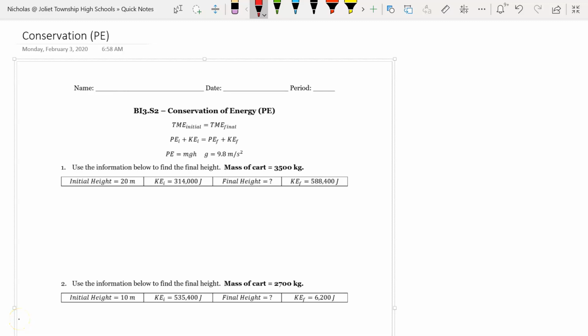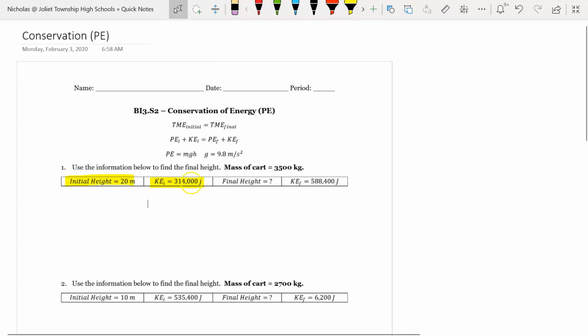All right, today we're going to look at 3 conservation of energy problems. In these 3 problems, we're going to focus specifically on potential energy, and we're going to be finding the height. For the first problem, it says use the information below to find the final height. It gives us a mass of a cart, an initial height and an initial kinetic energy, and on the other side, we're finding the final height, and it gives us the final